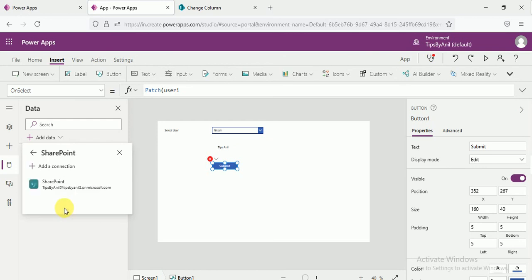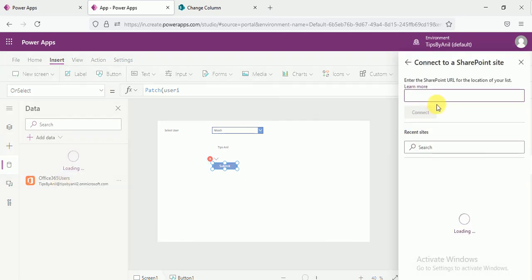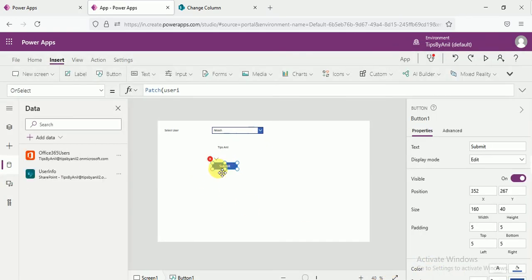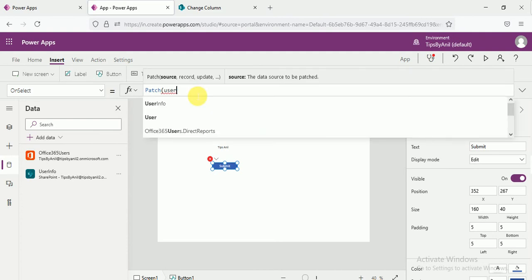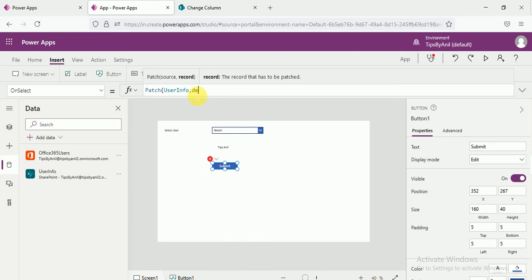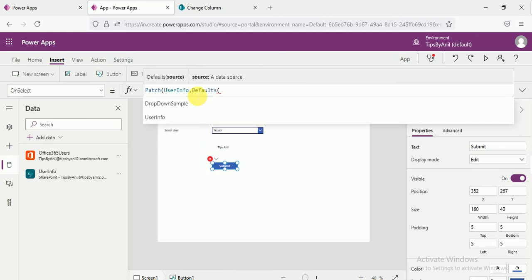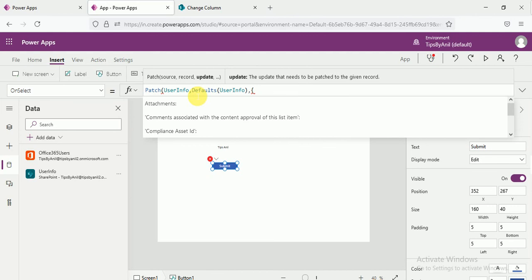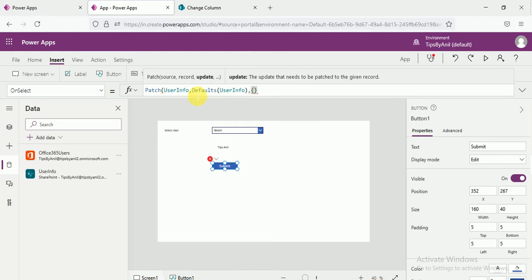SharePoint, user info, default, user info. Now let's add the column value.